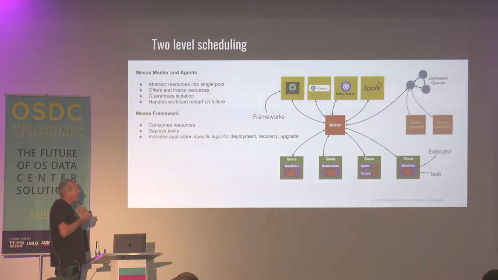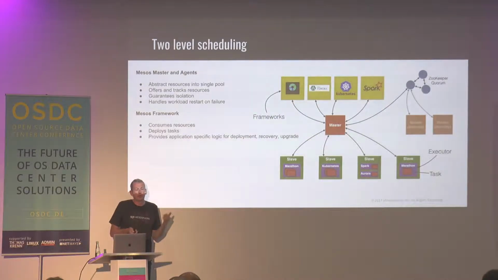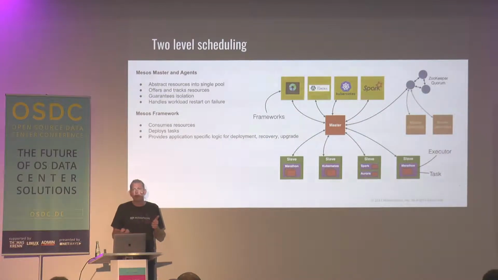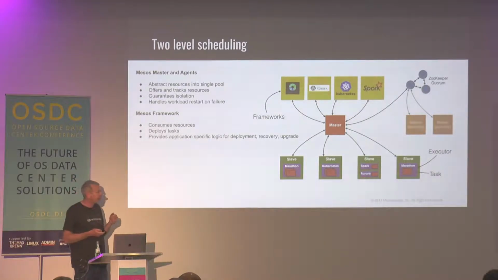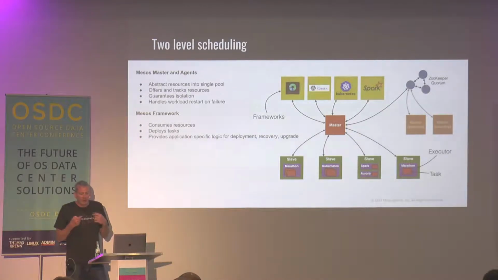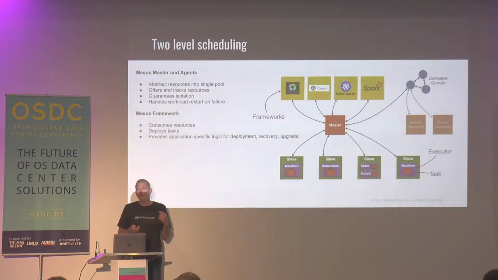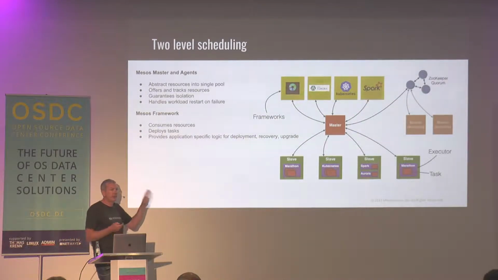And the only thing that the master really cares about is making offers to what Mesos calls frameworks, which are effectively other applications. And a framework has its own scheduler. So the Mesos master is not deciding where to place workloads. All the Mesos master is doing is saying, I have this resource available, do you want it? And this is a concept called non-monolithic scheduling, and in distributed systems, it's pretty much validated as the way to scale to very big cluster sizes, because the master doesn't need to know about the placement of every single workload on the cluster.